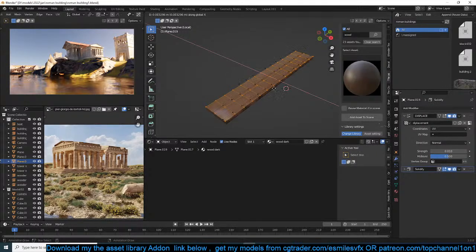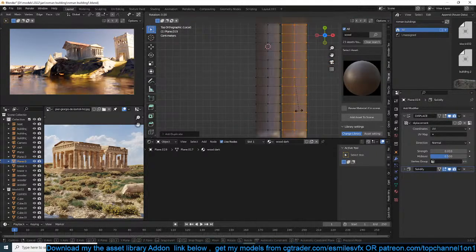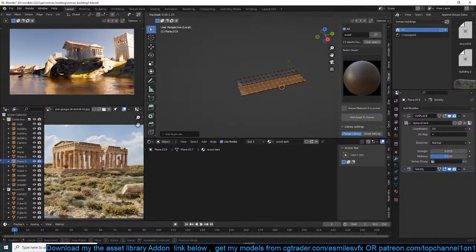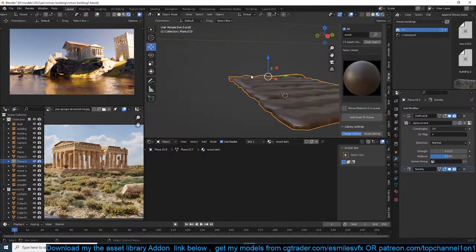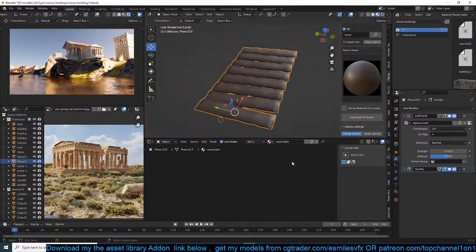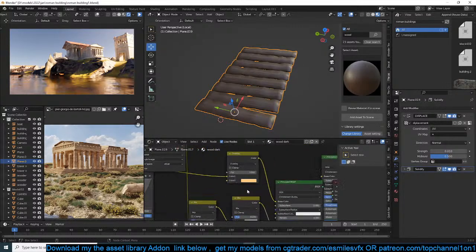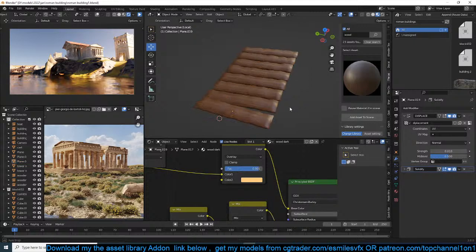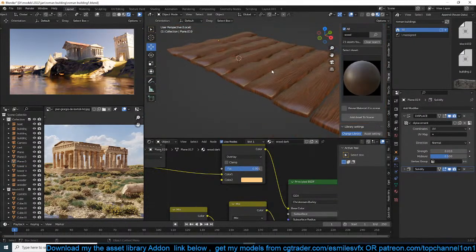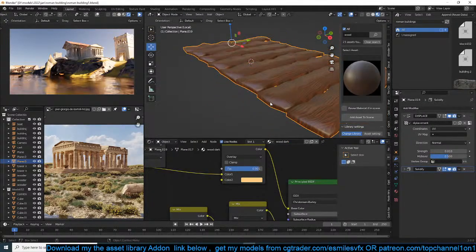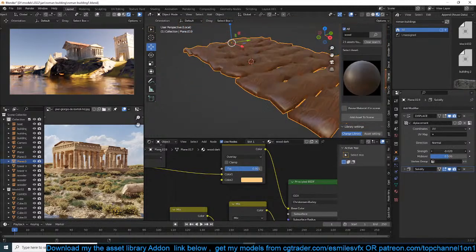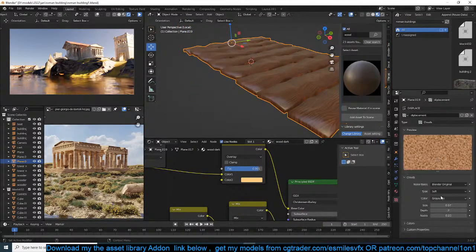Let me make this. Yeah, this has to be. I don't want this to be too dark, so let's make it like that. Also make sure that